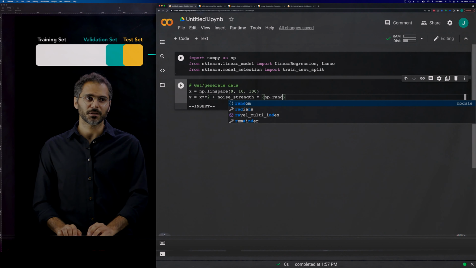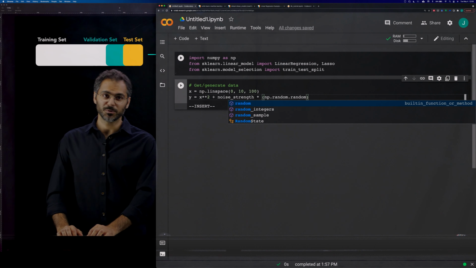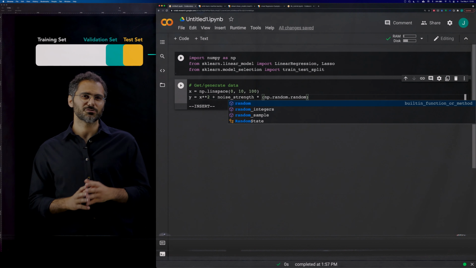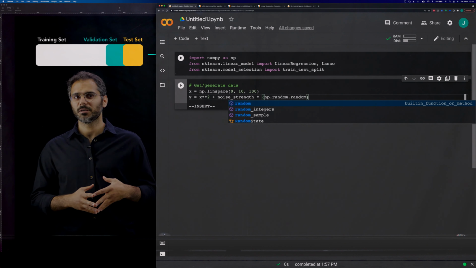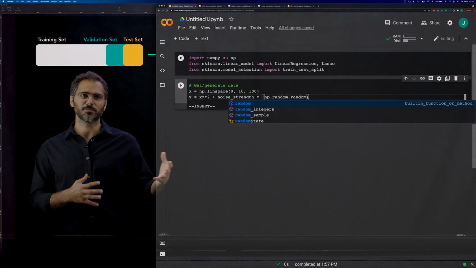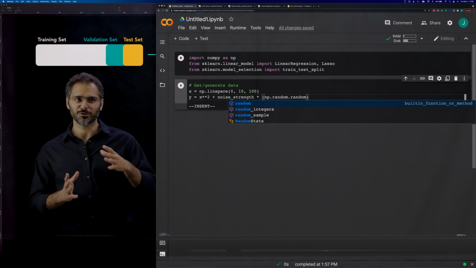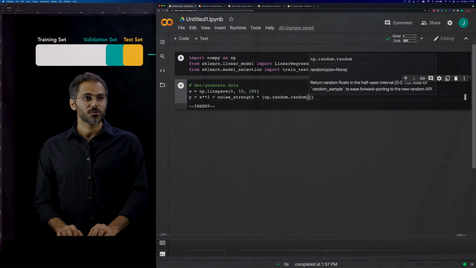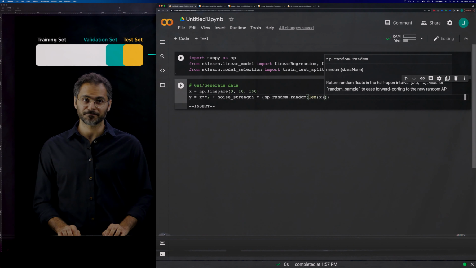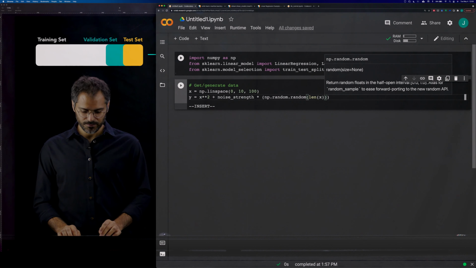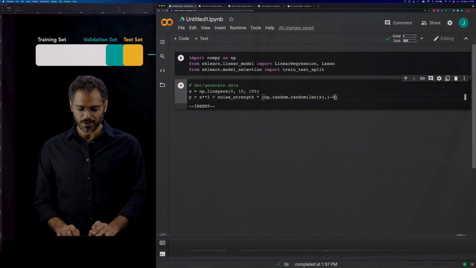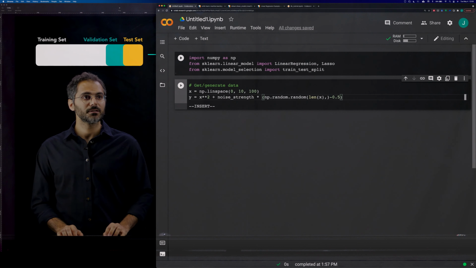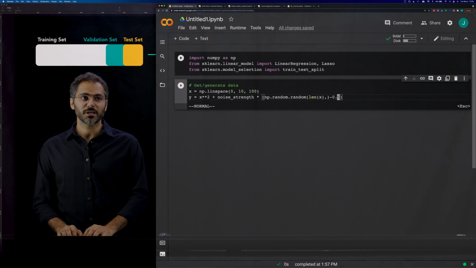NumPy has this function called random, which generates a random number between 0 and 1. So we want this random number to be between minus 0.5 and 0.5, and then we scale it according to this noise strength. So first, it's going to be the length of x, and then we're going to subtract 0.5. OK? And once we do that,